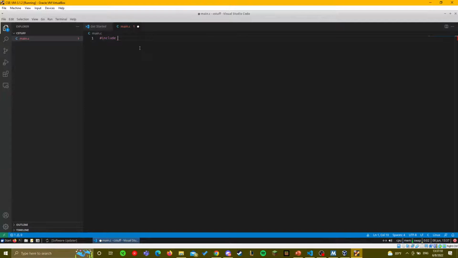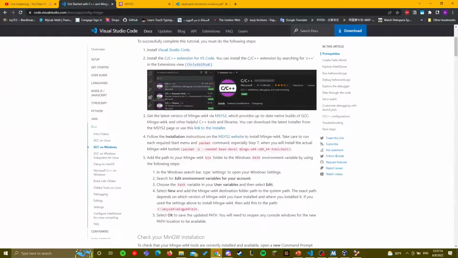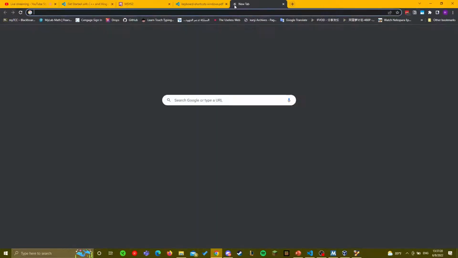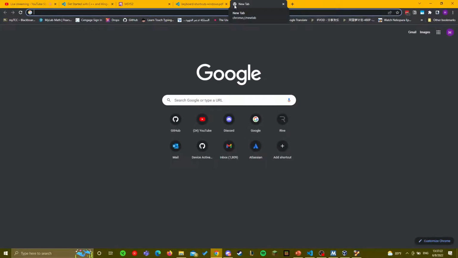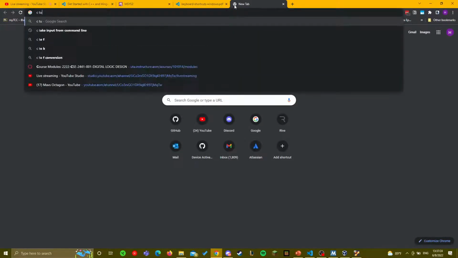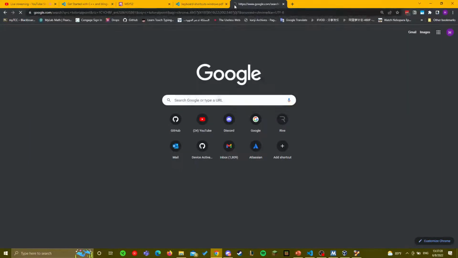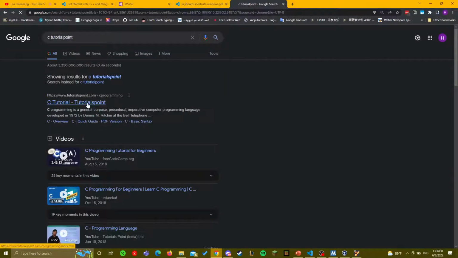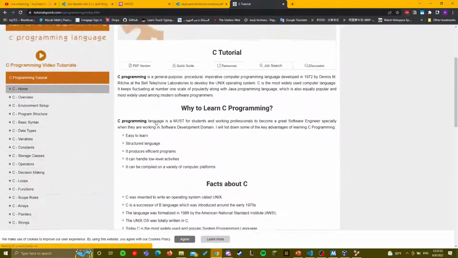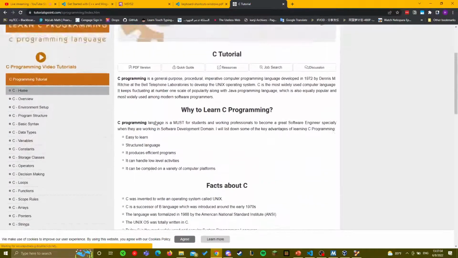Okay, so you want to start off with your include, right? One way, the best way to code, in my opinion, is to have documentation up whenever you're trying to look something up. So for C, I think there's Tutorialspoint. It's generally some of the best documentation you can find.